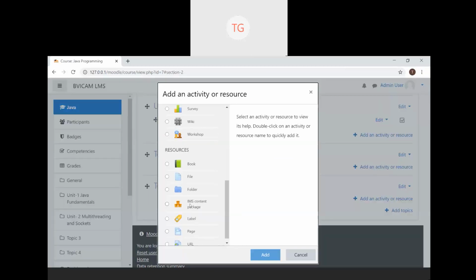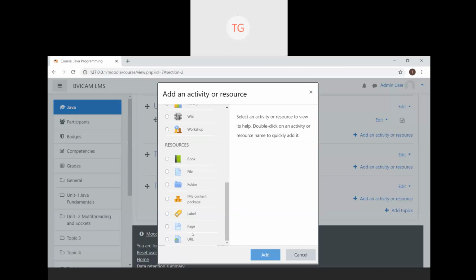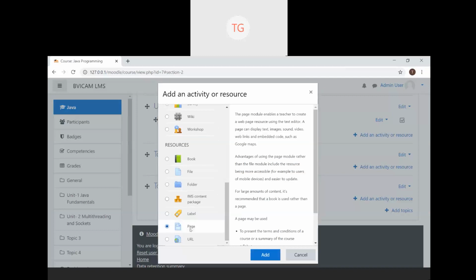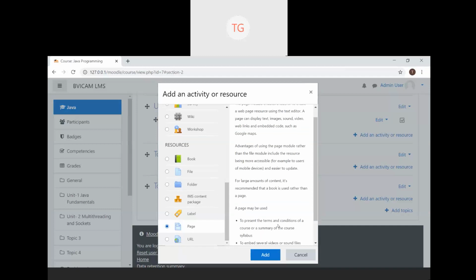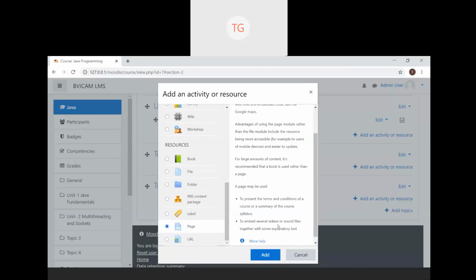adding an activity or resource. If you want to add a page, how does a page differ from a file? The page generally has certain custom description or custom user content that is to be displayed as a web page within Moodle, where you share certain files or formats externally. So you can simply share a file. The file will be uploaded in itself. You can share an external URL, which I will be visiting towards the end of the session. And you can also be inserting a page.